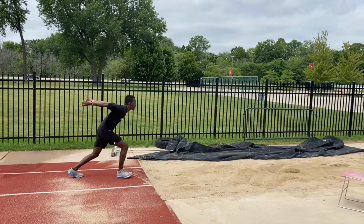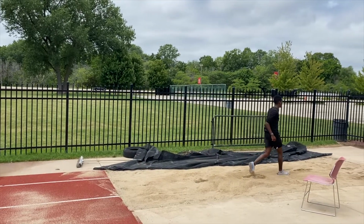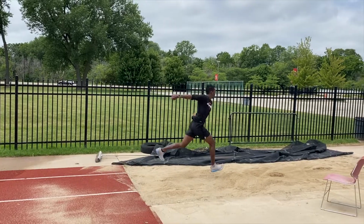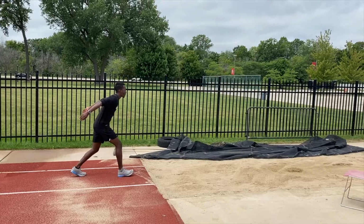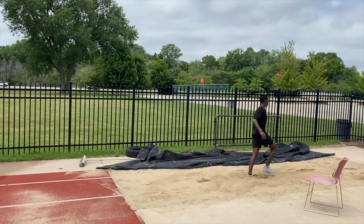Setup for this drill is really easy. You plant whatever your first phase foot is on the ground. So for example, I'm a right left jumper, so right foot planted on the ground, and then from there what you're trying to do is push yourself out as far as you can, trying to stay relatively upright while you're